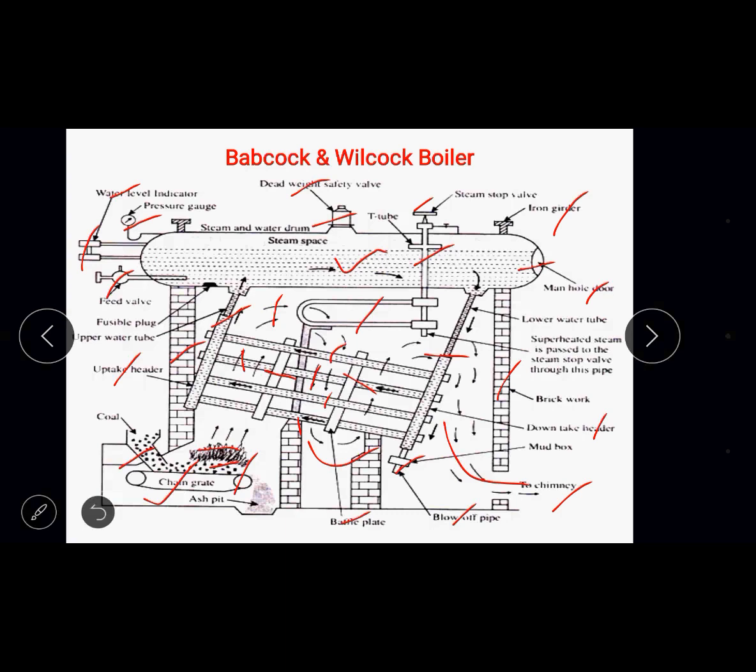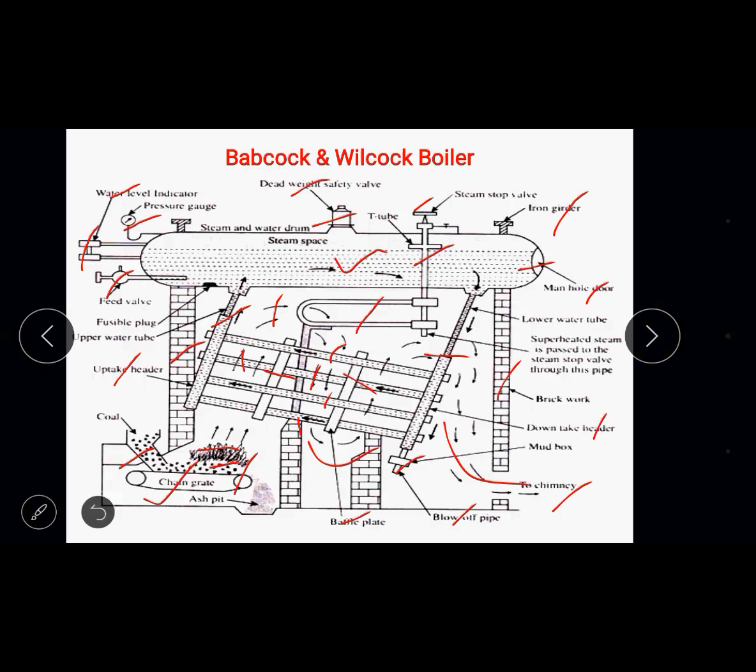flowing inside the water tubes, and with the heating of the water, once the temperature reaches saturation temperature, steam formation will take place. Since the steam has low density and is light in weight, as steam formation takes place, it settles over the top liquid layer of the boiler drum, and the steam produced in the boiler drum is dry saturated steam. It will be passed over the superheater, where it will be superheated and converted into superheated steam. Finally, from the steam stop valve, the superheated steam is supplied to the prime mover, that is the steam turbine, to produce electrical power.